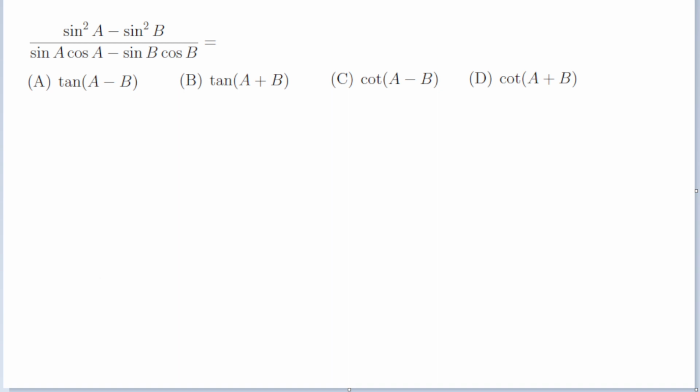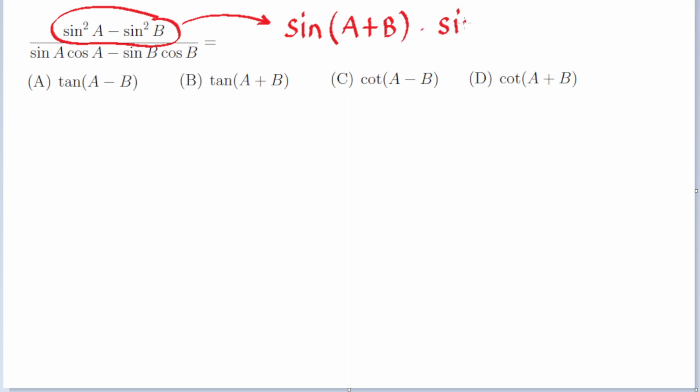Now this question is interesting because it needs one kind of secret formula in trigonometry. So if you don't know, then just pay attention here. I'm going to tell you what that formula is, and that formula is going to give us a simplification of the numerator, that is sin square a minus sin square b is equal to sin of a plus b into sin of a minus b. Okay, isn't this formula very much familiar to our algebraic identity, that is x plus y into x minus y is x square minus y square? So a kind of similar pattern is observed here also.